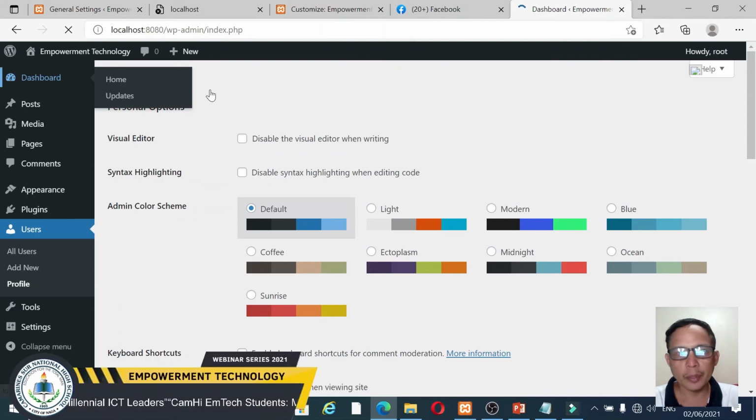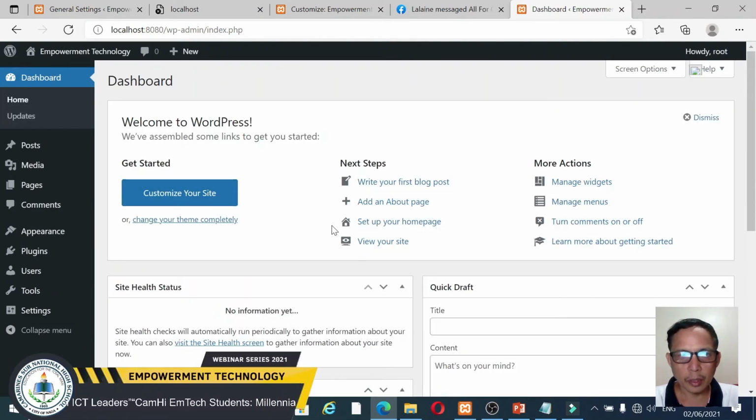In the dashboard, you can choose some of these options with which you can customize your site.